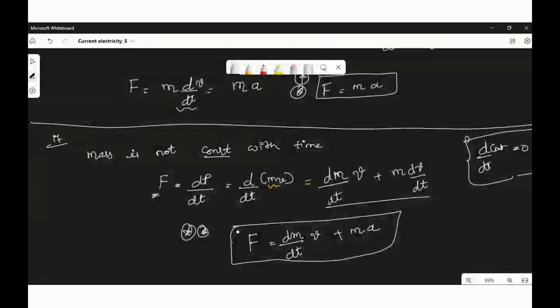So definitely, I think you now agree that the mass is changing in the case of a rocket. So there you cannot just consider F is equal to m into a. If you are doing anything with rocket problems, the rate of change of mass has to be considered. Is that clear? Any doubt here?